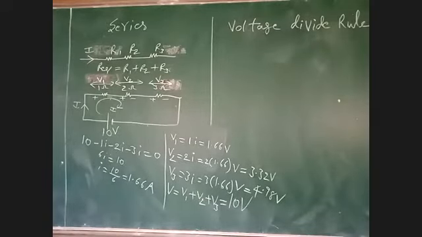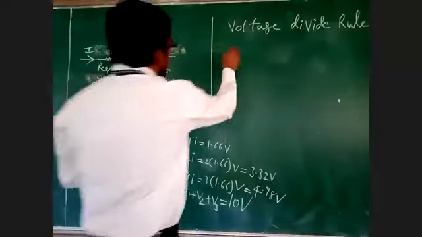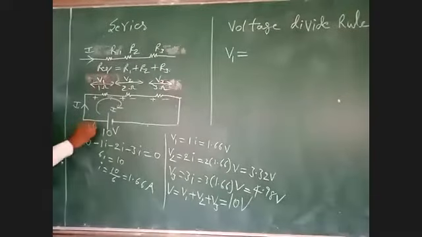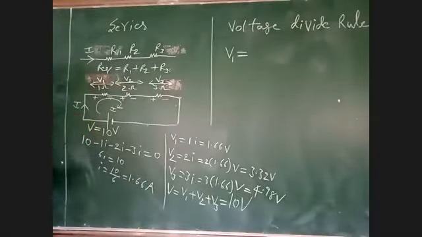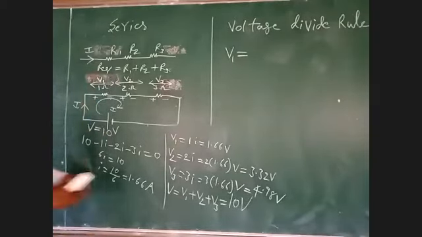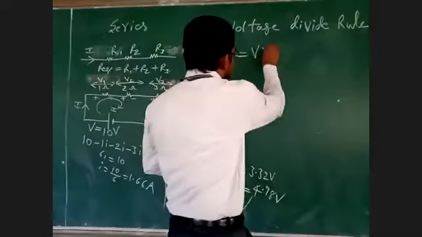Now, what is the voltage divider rule formula? See here. Now I want to determine V1. Here V is the total voltage. If you want V1, V1 is equal to total voltage into